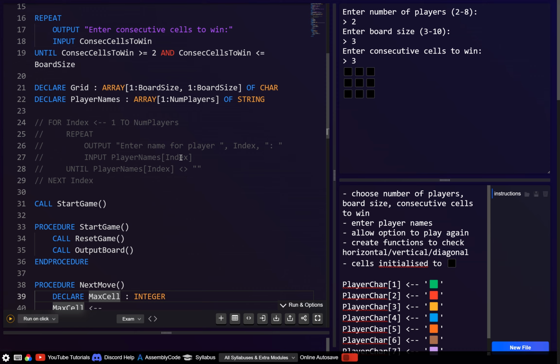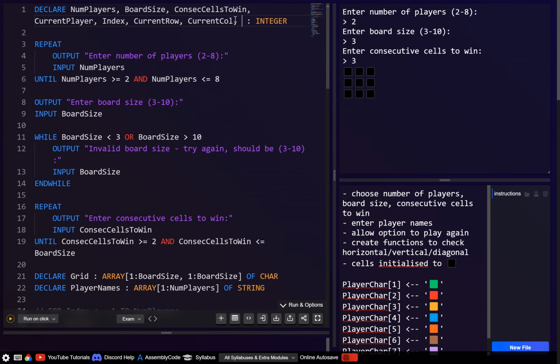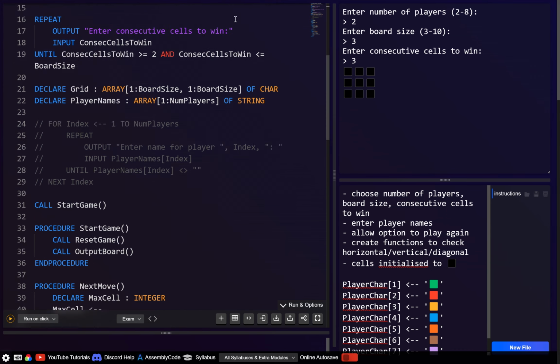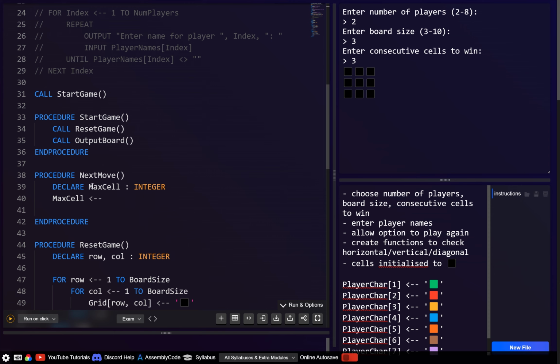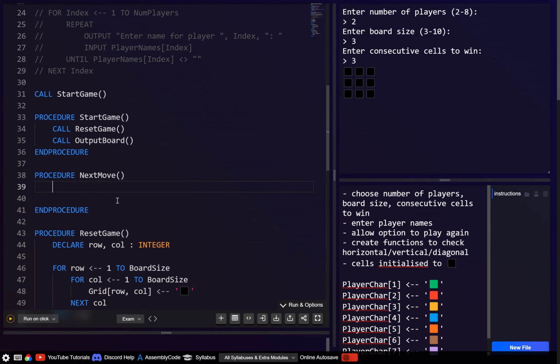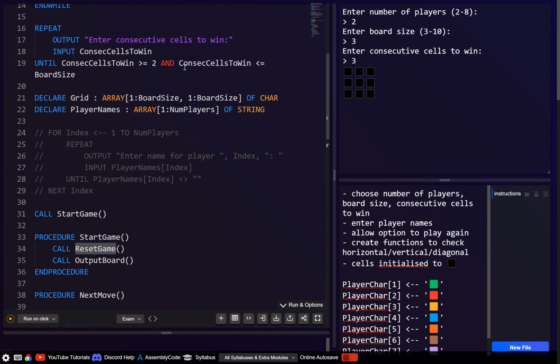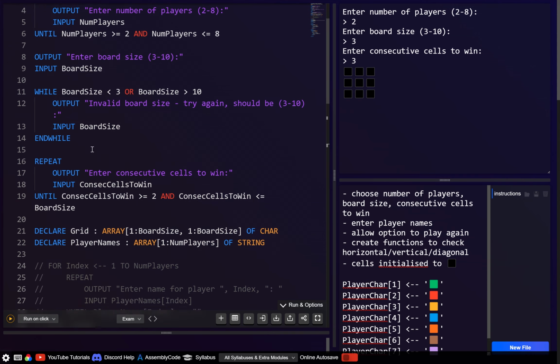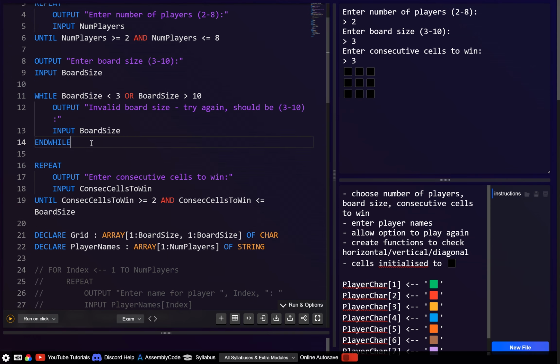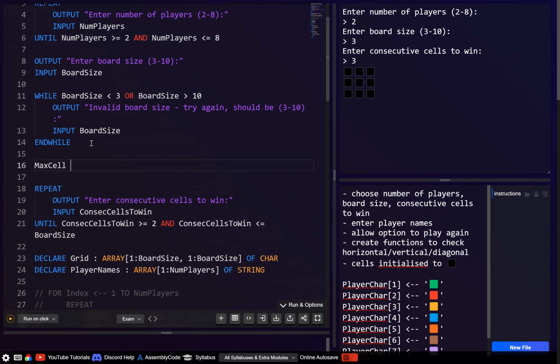So let's actually just do this, since we'll probably need to use this somewhere else, or possibly we might. And then where can we assign it? We can assign it in this reset game, or we can assign it after they've entered the board size. So let's go here, max cell, and that's going to be equal to board size multiplied by